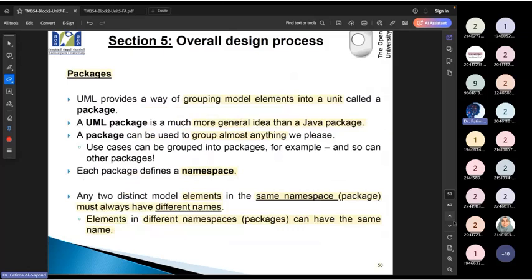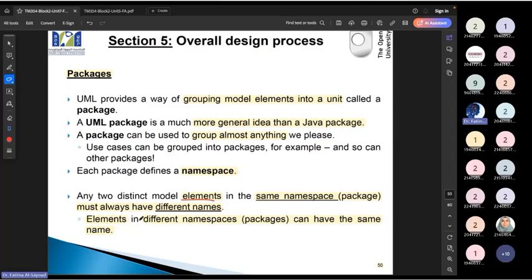So when we're talking about a namespace, you can have different elements. Within the same namespace, you must always have different names. But different packages can have the same name. You see what I mean?